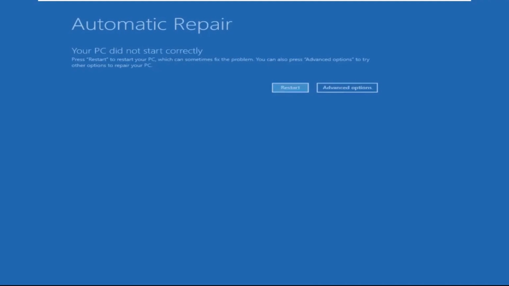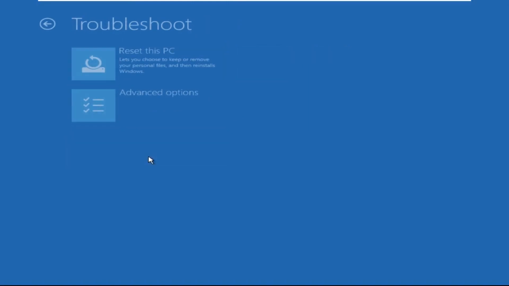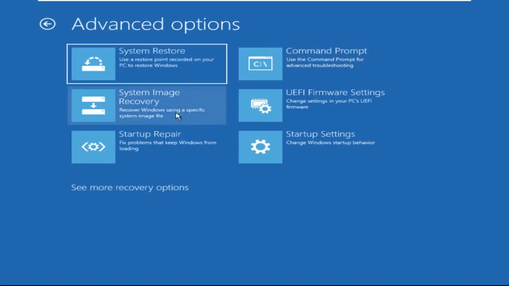Don't panic when you encounter a blue screen error. I'm going to show you how to fix this problem step by step. Let's begin. Click on Advanced Options, then select Troubleshoot, then select Advanced Options and then click on Command Prompt. Now type